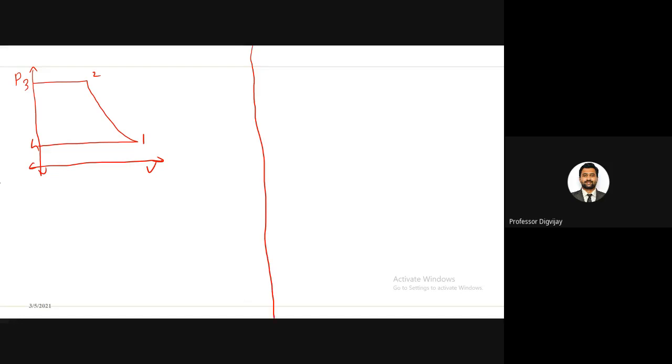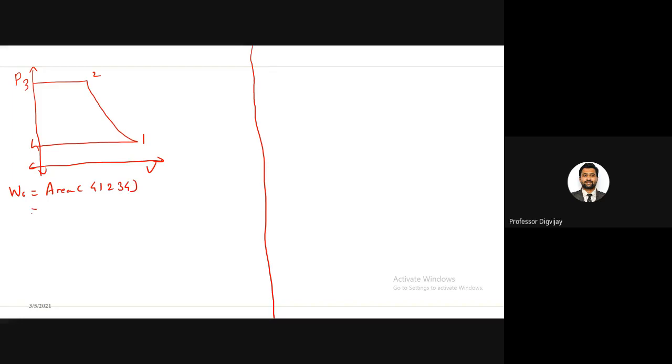Okay. So let us draw the diagram again, PV diagram for a compressor, pressure versus volume. So this is a diagram for without clearance volume. Without clearance volume, 1 to 2, 2 to 3, 3 to 4, again 4 to 1. Now here I am interested in calculating the area or the work required, or the compressor work. So that will be area 4 to 1 to 2 to 3 to 4.